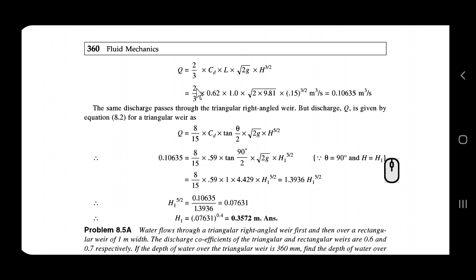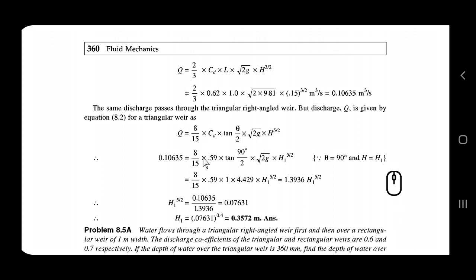There is a flow over the rectangular weir firstly, after that it flows over the triangular weir. Okay, so Q is equal to 0.106, we have already calculated it here. So substituting that in the equation for discharge in triangular weir, there is a different equation. Okay, we have just derived it: 8 by 15 CD tan theta by 2 root 2G H raised to 5 by 2. You should clearly remember this equation, since it is a little bit complicated because you have similar terms in all the equations.